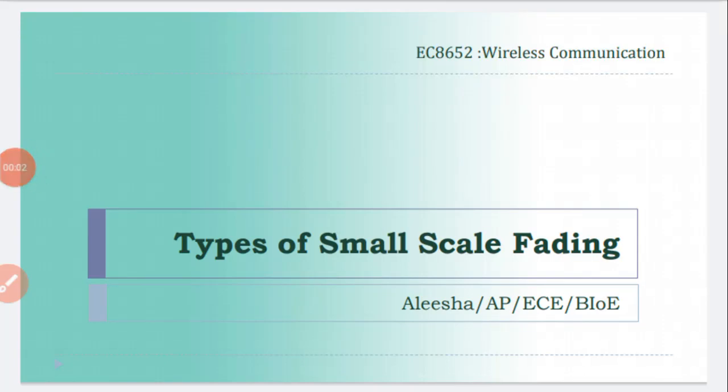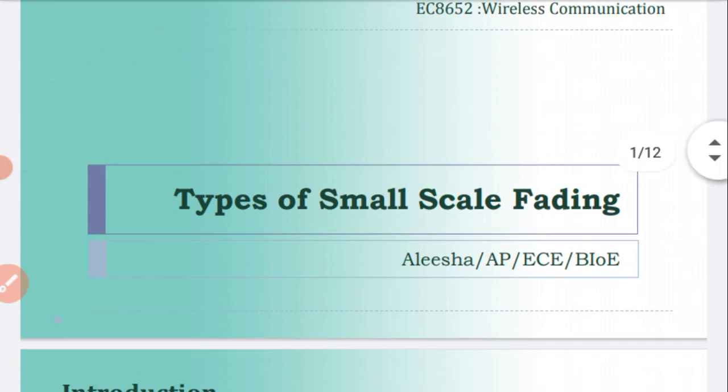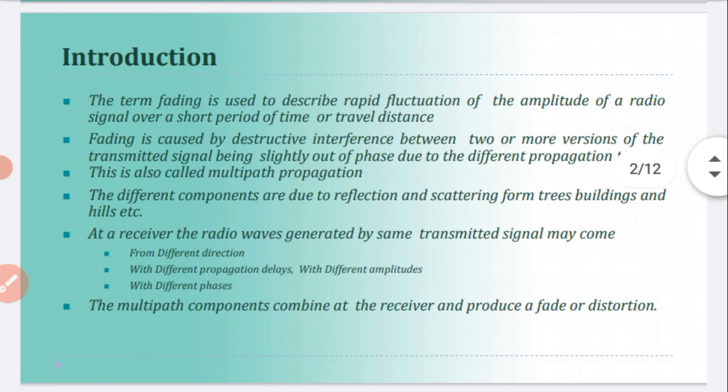Good morning, dear students. Today we are going to see the topic, types of small scale fading. In the last class, we already studied small scale fading. What is small scale fading? It is used to describe the rapid fluctuation of the amplitude of the radio signal over a short period of